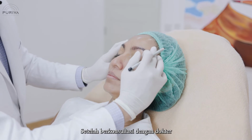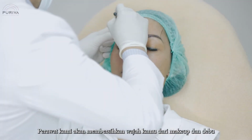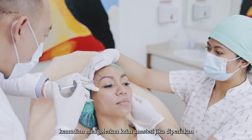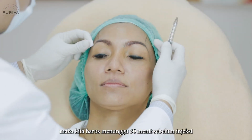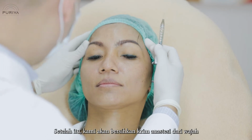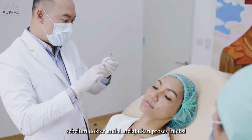After a thorough consultation, we will prepare the patients for filler treatment. Our nurse will clean your face from makeup and dust and will put local anesthetic cream if needed. If anesthetic is applied, we will have to wait for at least 30 minutes before injections to let the cream take effect. After that, we will clean the face from the anesthetic cream and apply antiseptic before the doctor starts